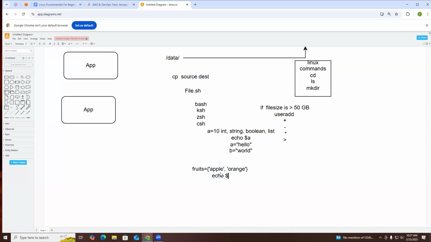Echo dollar fruits. जब यहाँ पे लिस्ट आती, you can use, तो लिस्ट में क्या होता, आपका इंडेक्स क्रिएट होता, राइट. जैसा कि इंडेक्स कहाँ से स्टार्ट होता? इंडेक्स इज ऑलवेज स्टार्ट विद 0. So if you want to fetch value of fruits of 0, then it will return